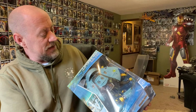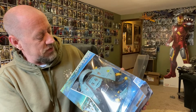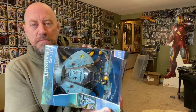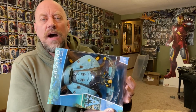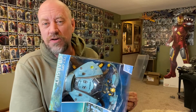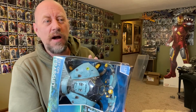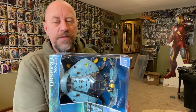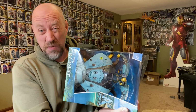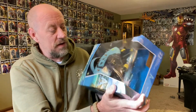It is the Set Ops, C-E-T Ops. I don't know what that means. Haven't seen Avatar 2 yet, so who knows. Crabsuit. It's by McFarlane Toys. The only place that I know has it for sure is Target and Amazon. I got mine off Amazon. The retail is 40 bucks at this point in time. I would assume these will probably go on clearance at some point in time. I don't see these selling out, but